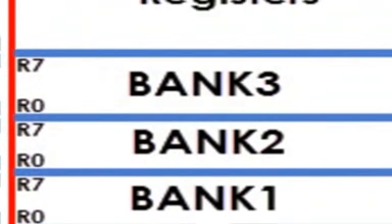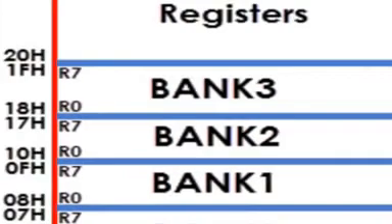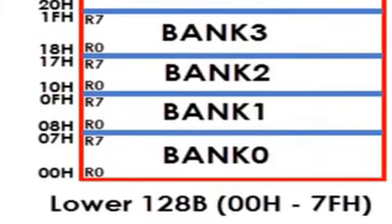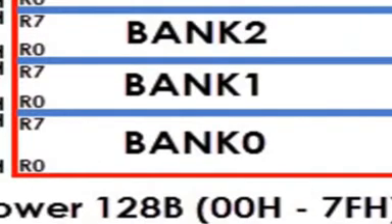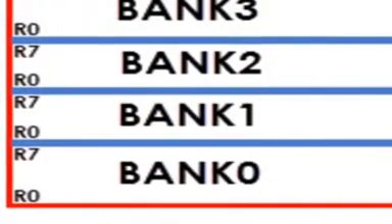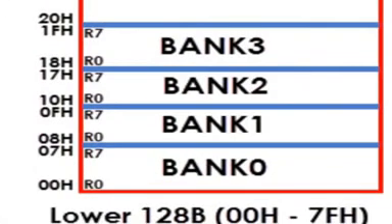In bank 3 also I have 8 registers. So out of all these 4 banks, this 8051 by default uses only bank 0. Is that fine? So it uses only this bank 0, and whenever I want to use some other bank, I can change from one bank to another in the program status word by selecting the, if you remember, I